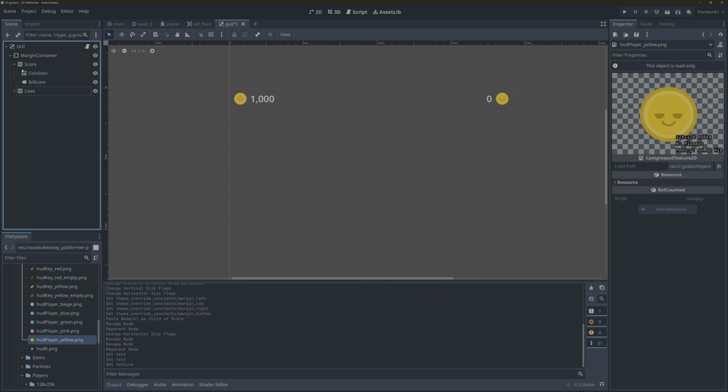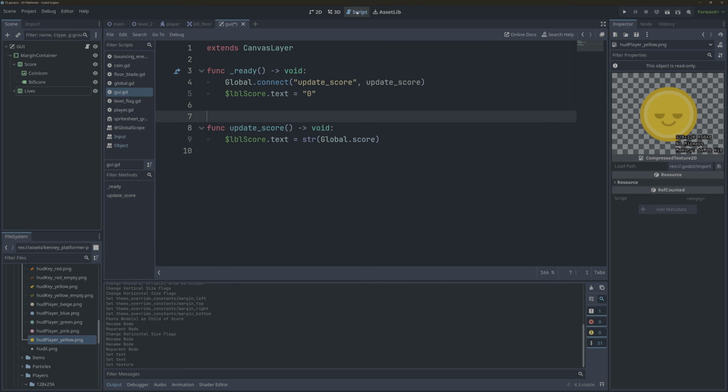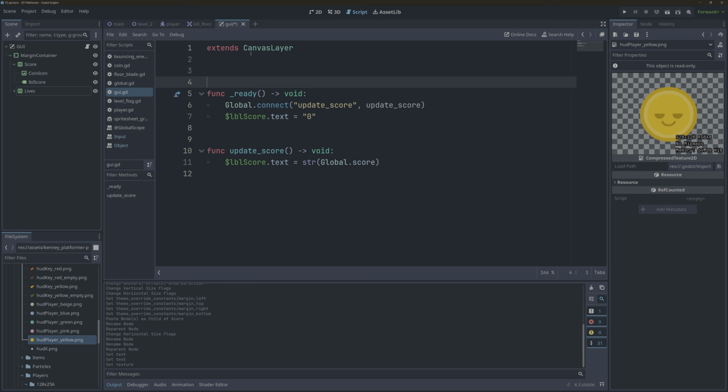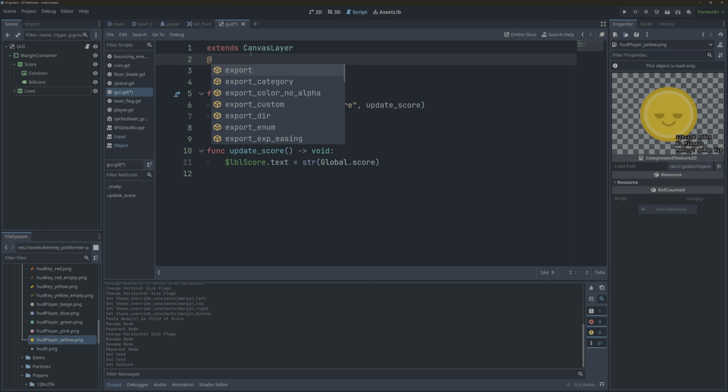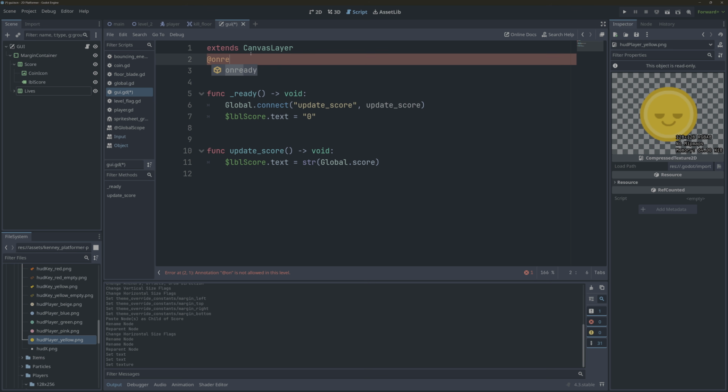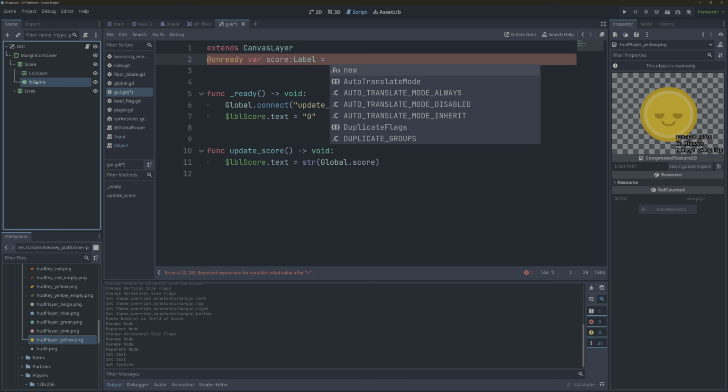So there's two things I want to do. If we look at the script, we're inside of the player one, so extends canvas layer. I was originally using the $ method to reference stuff. And as I move things around, we're going to lose our reference to these objects. Now we learned in an earlier video, we can use something called onready, not ratty, ready. And I'm going to call this, I don't know, score. It's going to be a type label. And I'll come into score. I'm going to right